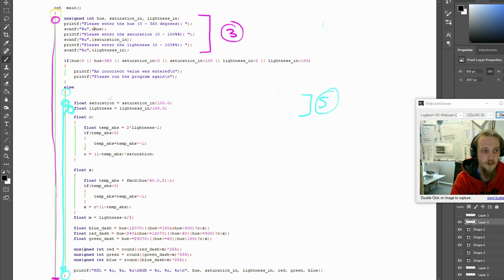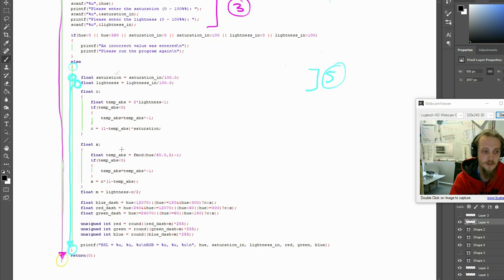And so they don't need to go into the code and look for it and see how it's used. They can just see that it's here. And so from the reader's perspective, they know that it's going to be used somewhere below here. Okay, and they can quickly see, oh, there's saturation, there's lightness. So continuing from here,